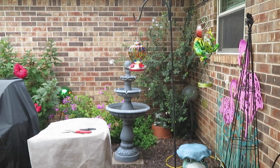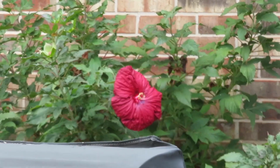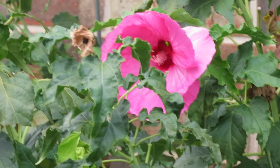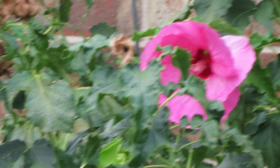I stopped off at my friend Susie's house, and look at this color she has going here. This is the pretty maroon hibiscus. This one is pink with a dark center. I have a lighter pink with a bright pink center, but it's not that deep red. And then